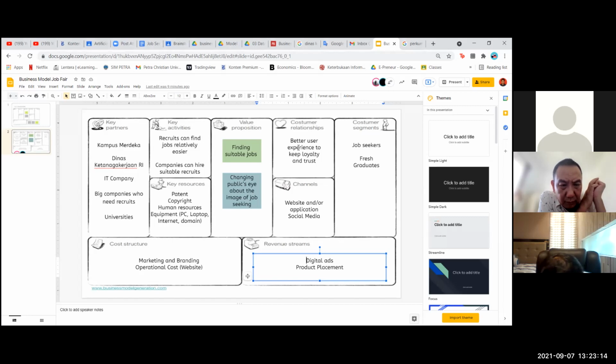And we want to change the public image of it: it is not that hard if we can find the suitable platform. And then the next one is customer relationship. We want to better our user experience to keep users loyal to our platform. And then for channels, there are website